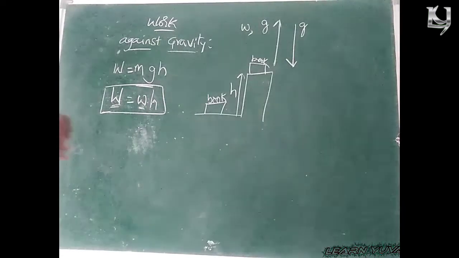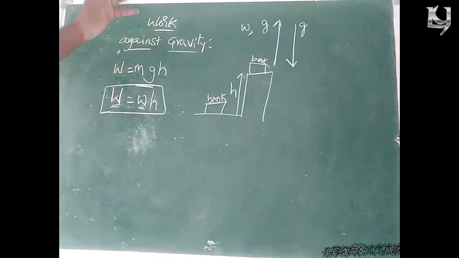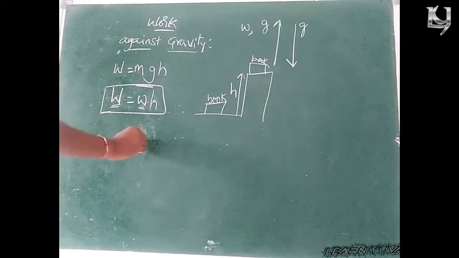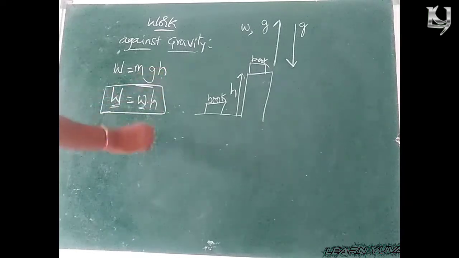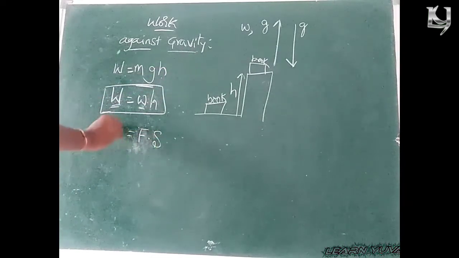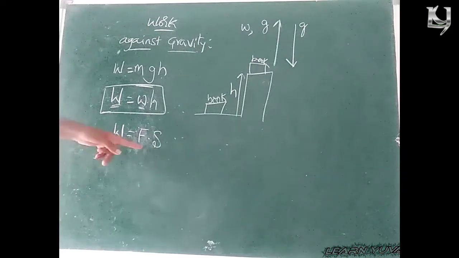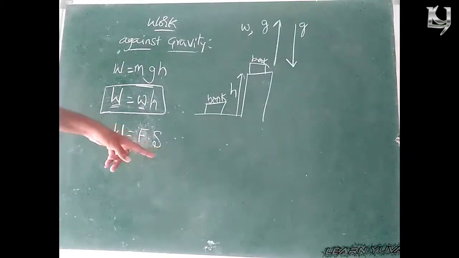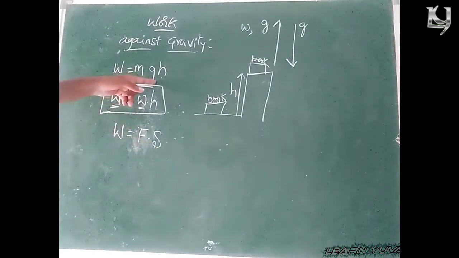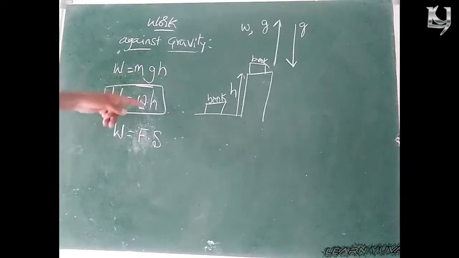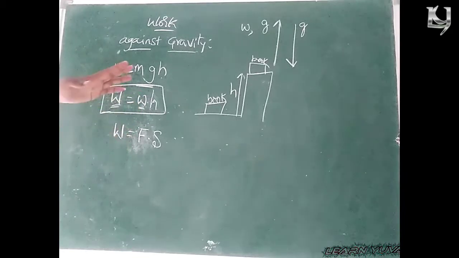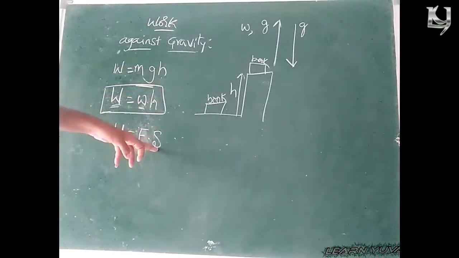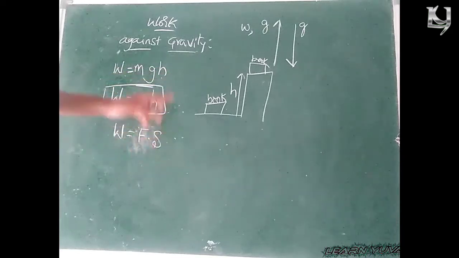So this can also be written as mg is nothing but ma. ma is nothing but force. So sometimes height is nothing but distance. As I previously said, the work formula is force into distance. So force is mg. This mg is also nothing but weight, and weight is also nothing but force. Height, and here it is distance. So all this height and distance are measured in meters only.